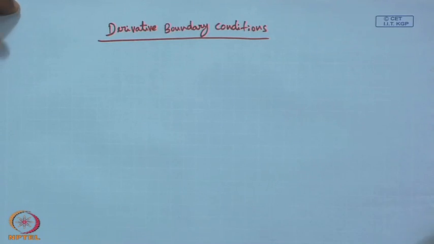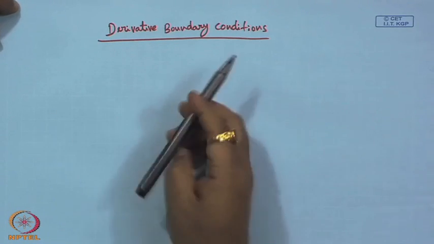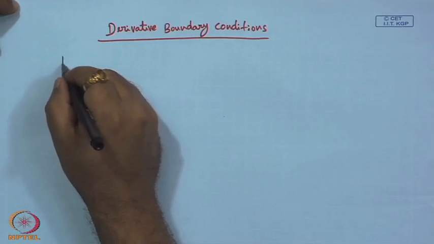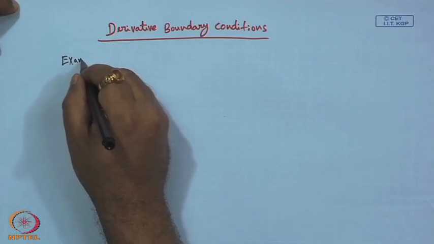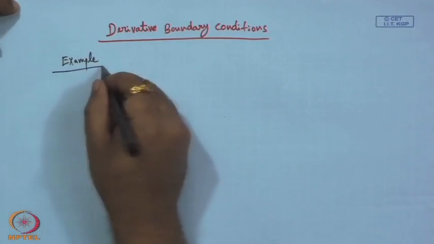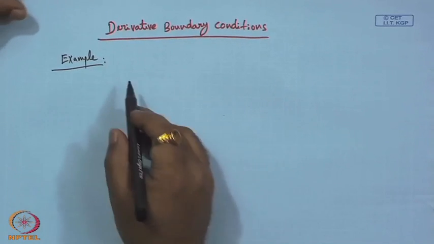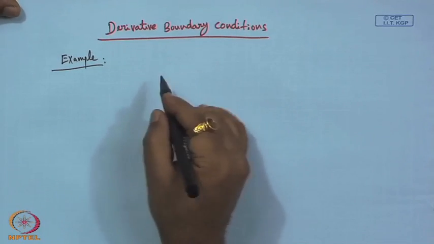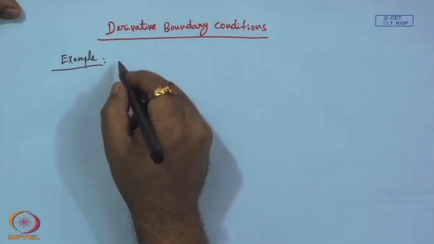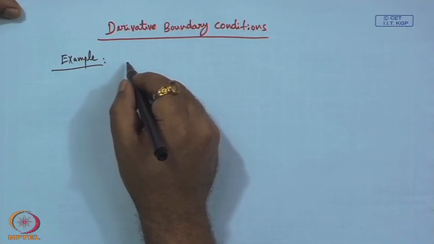So, derivative boundary conditions. Let us start with an example, because even if we take a general case, this is going to be a little kind of hand waving. So, it is better to discuss this with reference to an example. So, consider